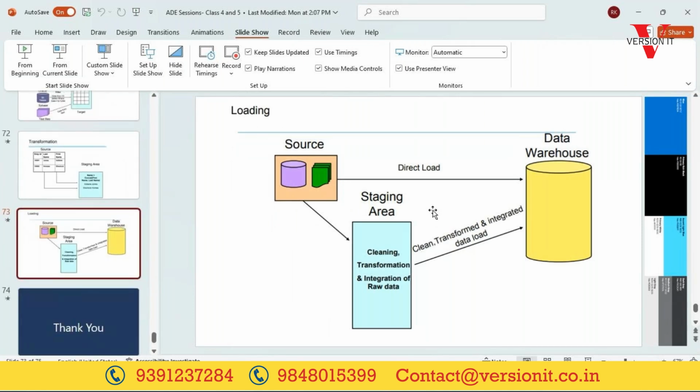I think we are done with the data warehousing basics. So any